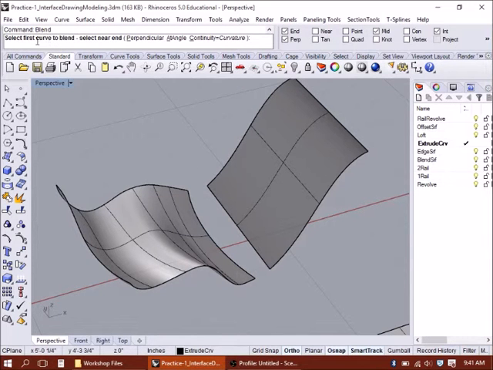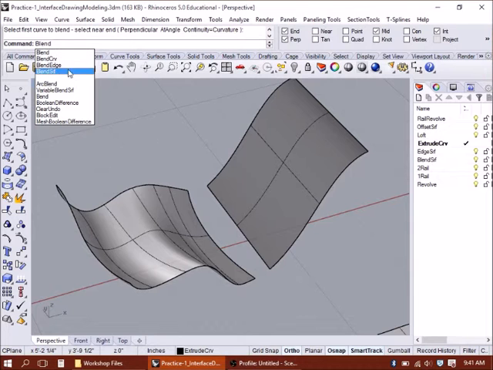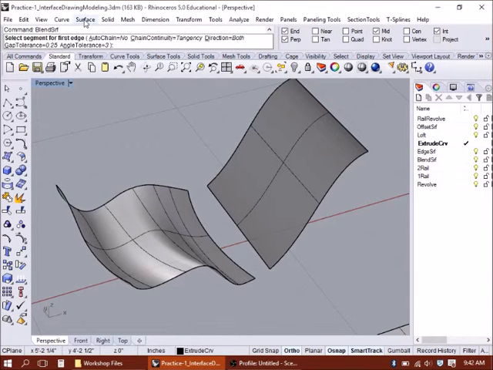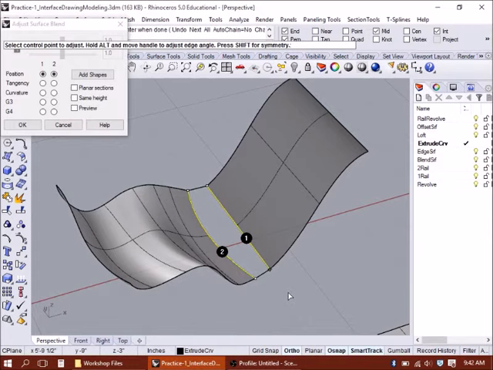So the default here is actually for curves, so you can blend curves. I actually want blend surface. So I want to make sure I select that blend surf. And that's also, you can find that under the surface command. So I'm going to select that edge of that surface, this edge of the other surface,